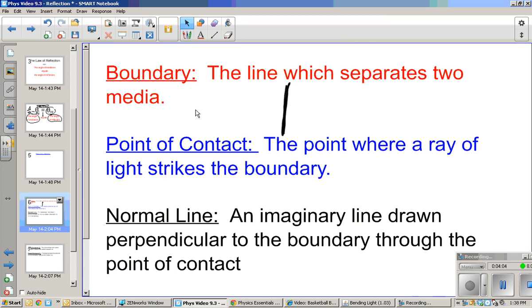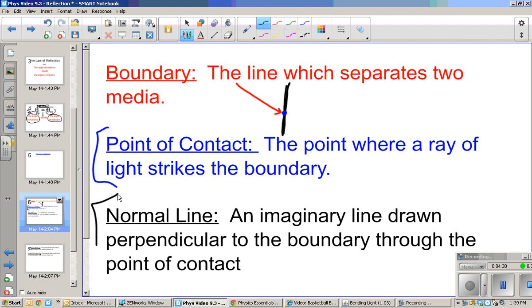Now, if you've got a beam of light that comes in, it's going to hit at a specific point. That point is called the point of contact. That is the point where a ray of light or a beam of light strikes the boundary. Now, something that is new that you might not be aware of is